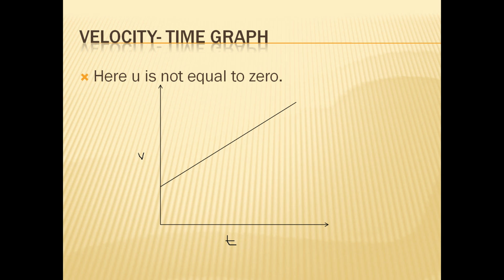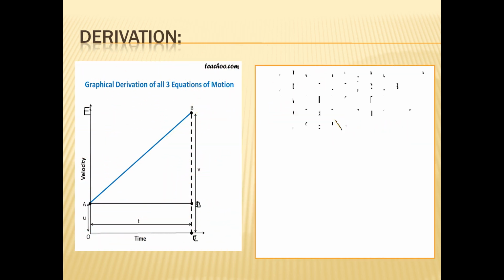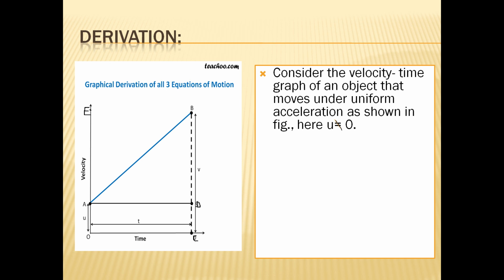So this is how you have to draw a graph. At the end of the graph you have to draw a straight line perpendicular to the x-axis, and from the starting of the graph also you have to draw a straight line. This is just an outline of how to draw a graph. The exact graph with all the notations I have discussed in the next slide. Here you are not going to use any numbers, only notations. This is the graph that we are going to draw for deriving the equations of motion.